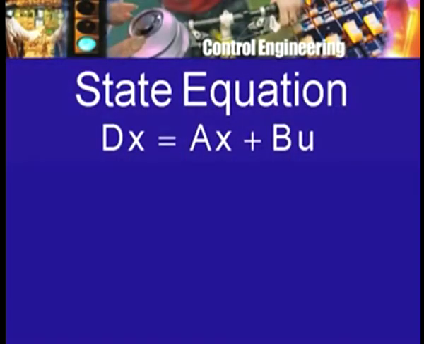They can be used for control system purposes as follows. The two first order differential equations, as I mentioned to you earlier, can be written as a single vector equation dx equals ax plus bu,